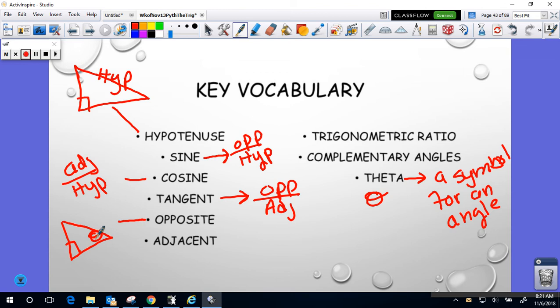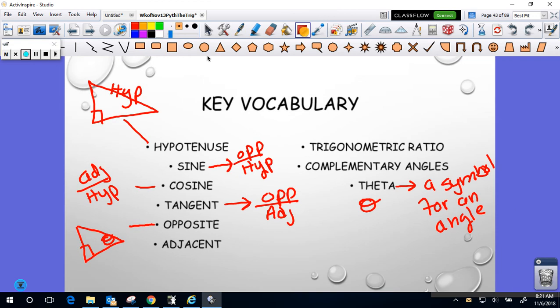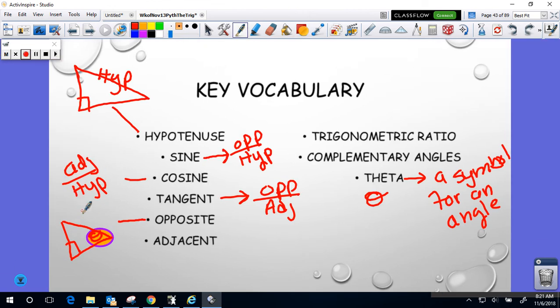So if I was to put my finger, and because I can't put my hand through the video, I'm going to use a shape, guys, so you can see. So if I put my finger here, and let's say this shape is my finger, I'm going to automatically label the side that is the hypotenuse, which is always the slanted side, and where my finger is touching, where the shape is, that is always going to be the adjacent side. Adjacent means right next to, and the side across from the angle is the opposite side. So we can define opposite as across from